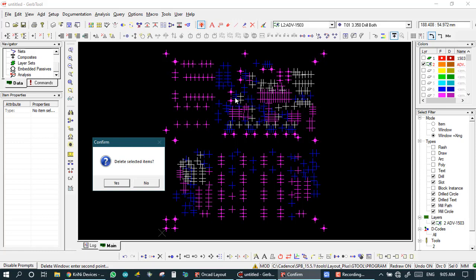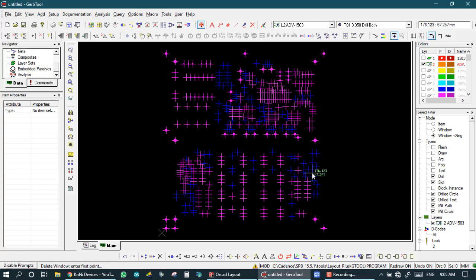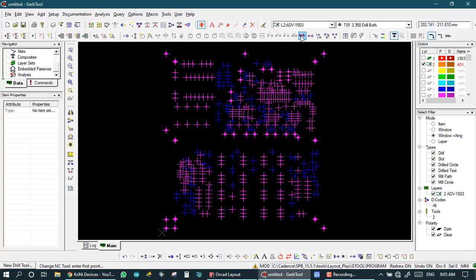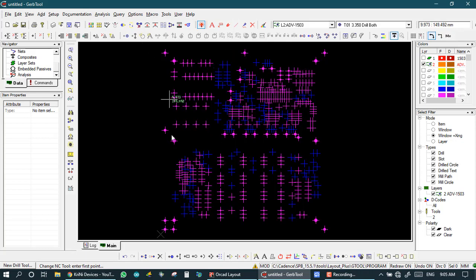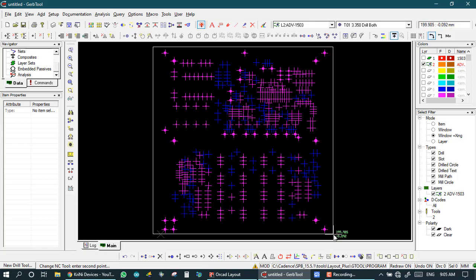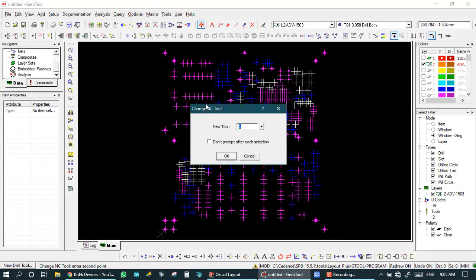Now when you work in the working area, the only effective drill is tool 2, so I will take no. Now NC tool, now Control R, so home, and now I will select, and now change NC tool.